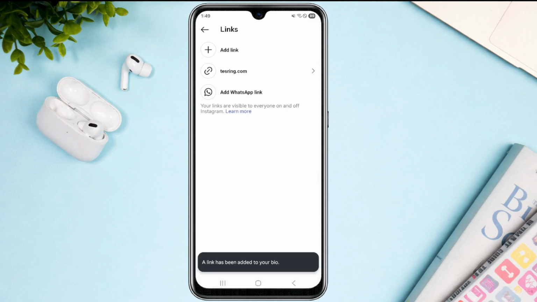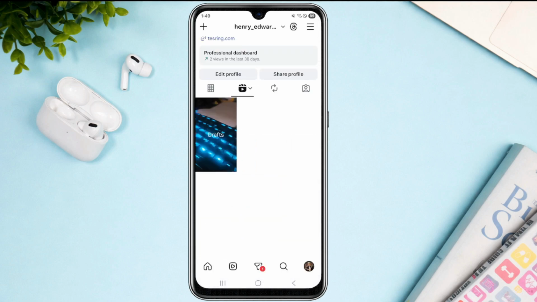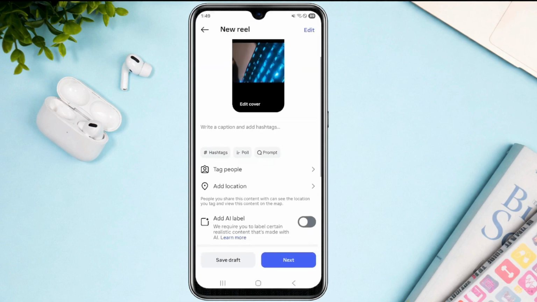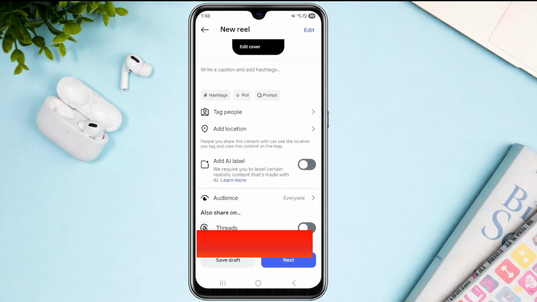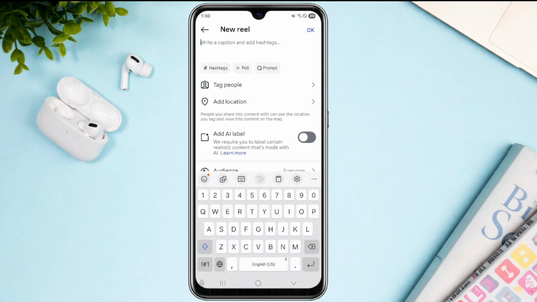Now once you've added your link, you can go back and edit your reel. So say for example this one. All right. So you're gonna have to let people know that there is an actual link that can be clicked on your profile, or you can also try to paste your link under the caption and add hashtags in it